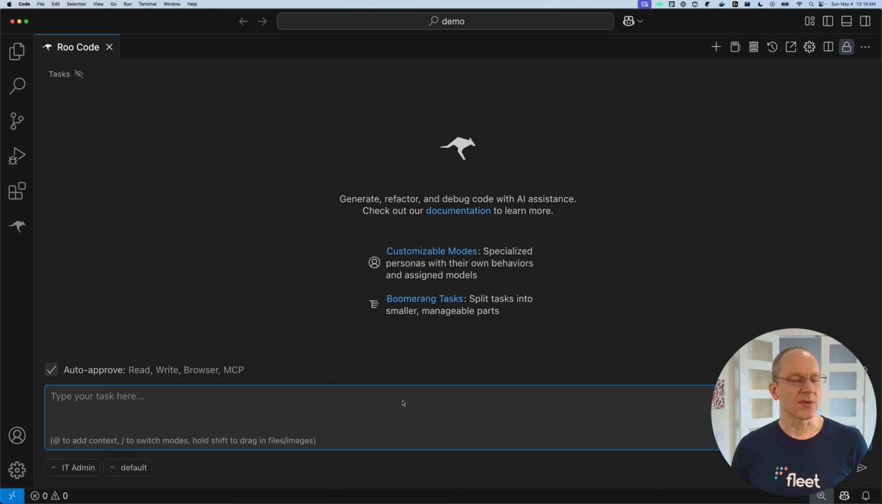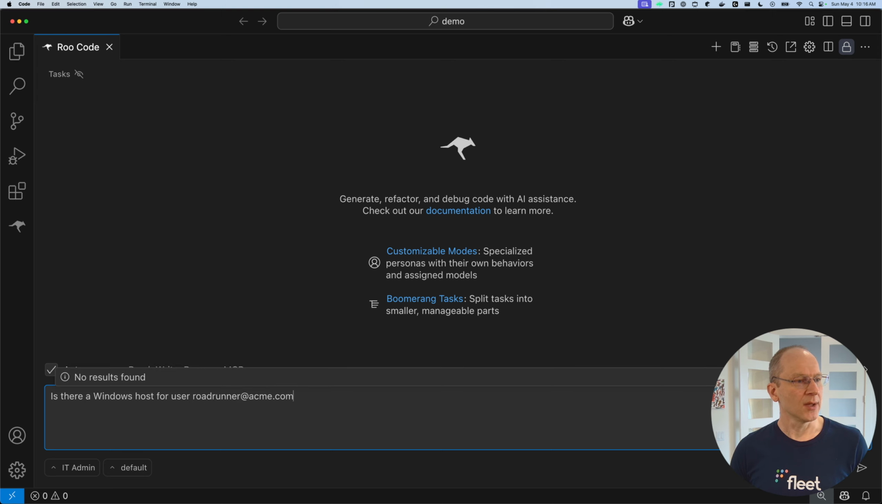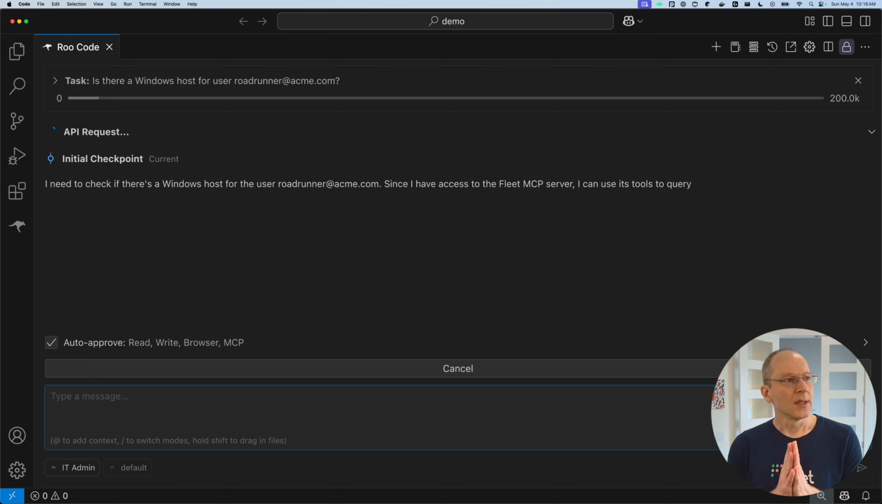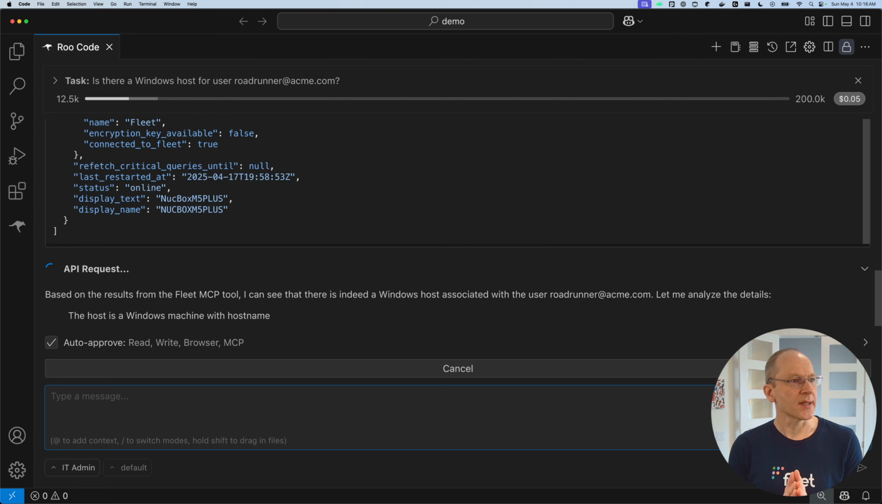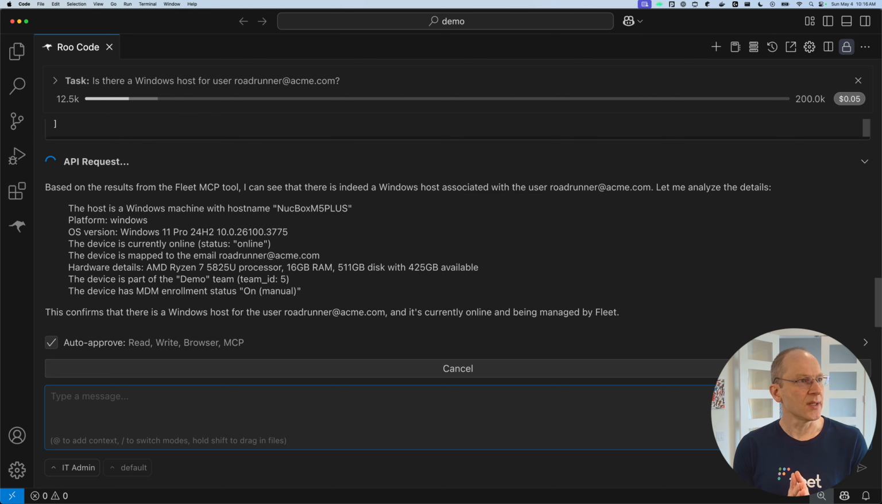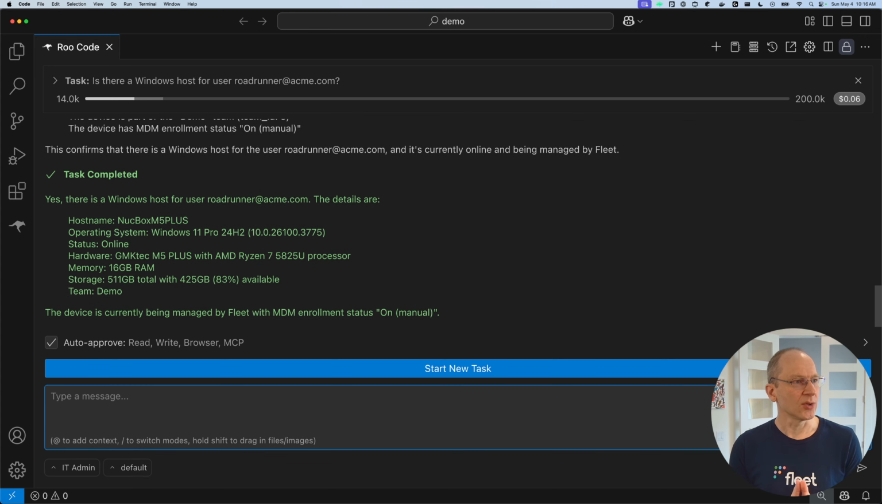So first, what I want to do is find a device in my fleet for a certain user in my organization. Is there a Windows host for user Roadrunner at acme.com? So we are running an MCP server, which is a technology here. That MCP server has a certain number of tools. So in this case, it is using the list host tool. It finds that tool on our MCP server, and then it completes a task and returns some information about that host. As you can see, the agent returns some additional information that we didn't ask for,